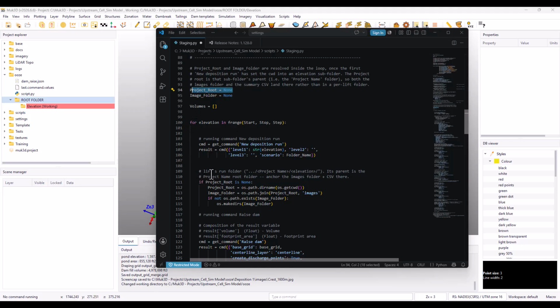As soon as you get into the for loop, it creates the project root. From there, it creates an images folder inside the project root and a subfolder as well for that first lift elevation. Uses that string to create a subfolder. On the subsequent run,